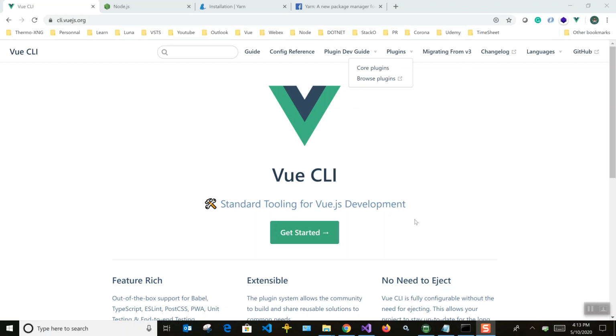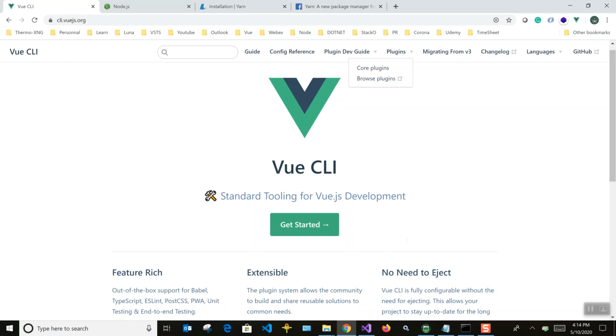But if you're a newbie, I'm just going through the different sections, and I'll be showing you how you can create a new project using Vue CLI. I've seen many people asking in forums how to start the development. So it's just the initial setup, how you can set up the environment to start code development with Vue.js.